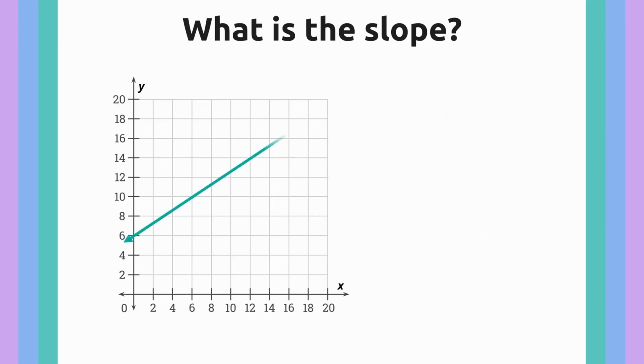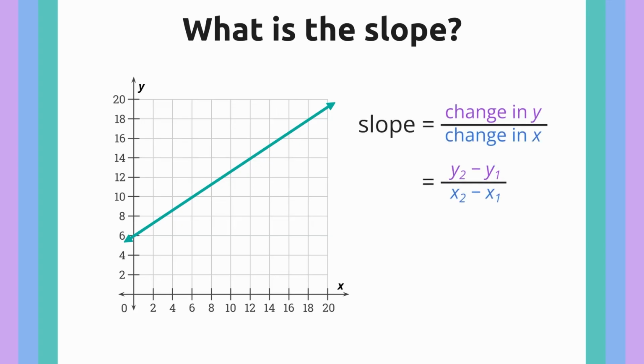What is the slope of this line? This time, the scale of our axes is different, but that doesn't change anything about our calculations. How about we use the points 6, 10, and 12, 14 to calculate the change in y over the change in x? We get 14 minus 10 over 12 minus 6. So the slope is 4 over 6, or 2/3. Notice that this line is less steep than the last one. And that makes sense because a fraction less than 1 is smaller than the whole number 2.